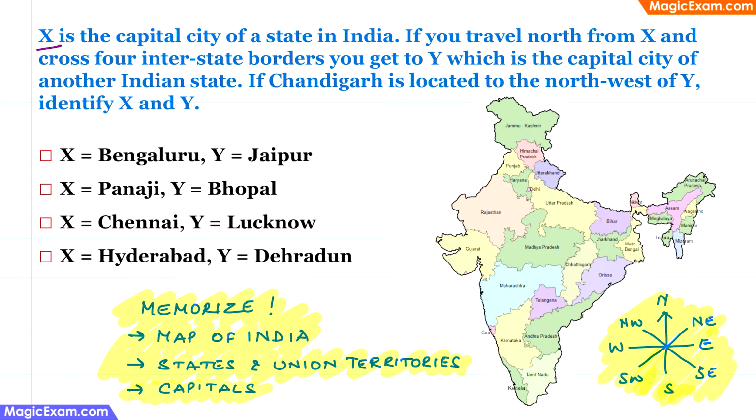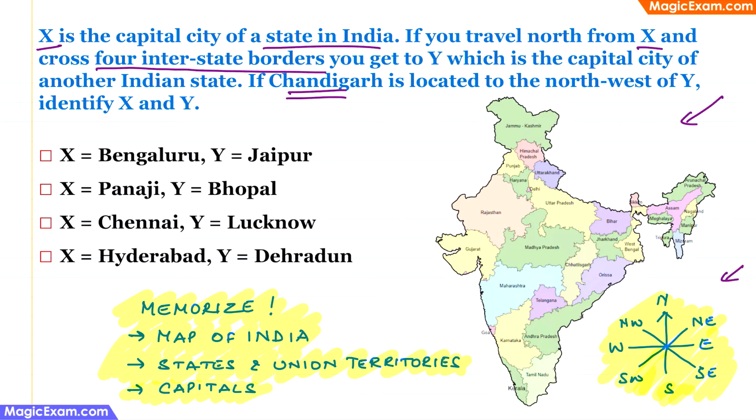X is the capital city of a state in India. If you travel north from X and cross 4 interstate borders, you get to Y, which is the capital city of another Indian state. If Chandigarh is located to the northwest of Y, identify X and Y. Now, to answer questions like this, you need to be thoroughly familiar with the map of India, the various states and their capitals, and you should also jot down these cardinal directions and intermediate directions somewhere so that you don't